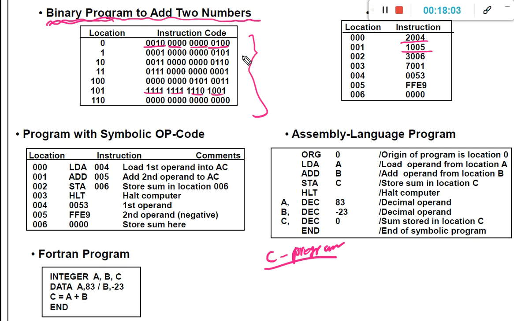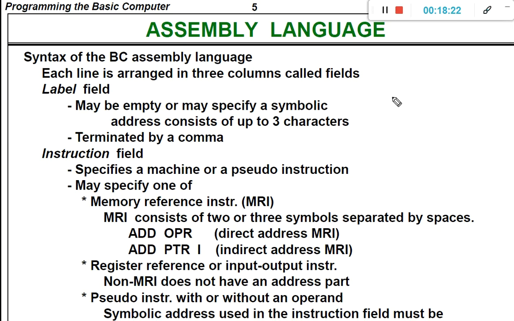Okay, so this is how we implement a simple program adding two numbers and storing the content in different types of programming languages. However, our basic aim in this chapter is to be able to write the code in assembly language programming. Now let us move on to the actual assembly language code and the different syntaxes for different types of elements inside assembly language programming.